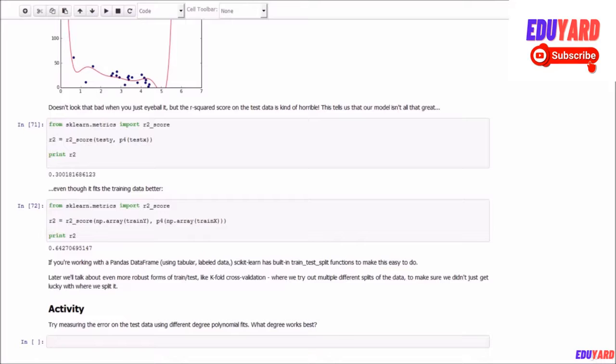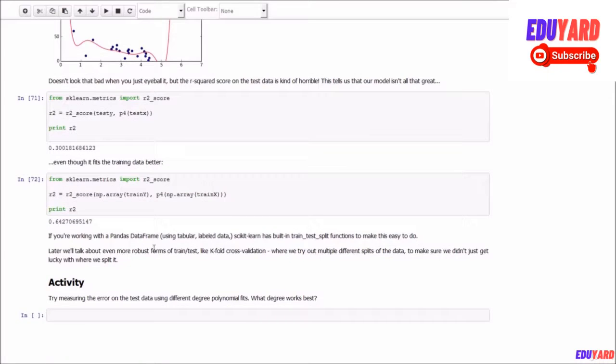And like I said before, pandas has some means of making this even easier. We will look at that later in this course. We will also look at more examples of train/test, including k-fold cross validation, later in this course as well. And you can probably guess what your homework is. We know that an 8th order polynomial is not very useful.